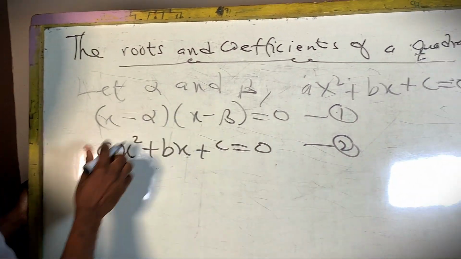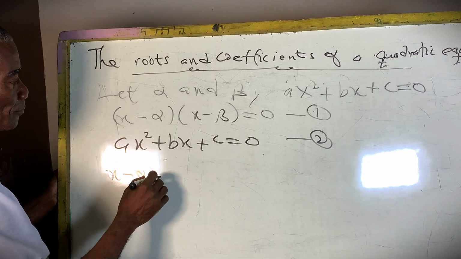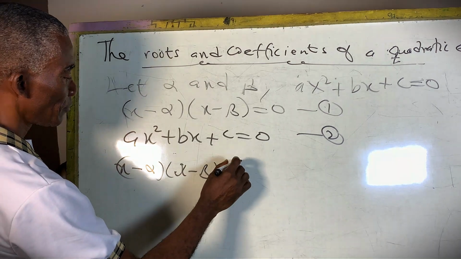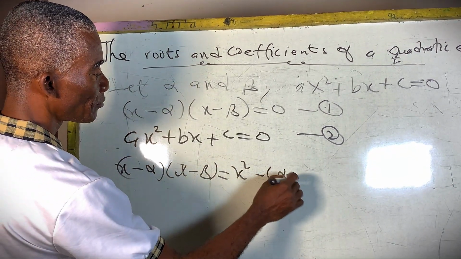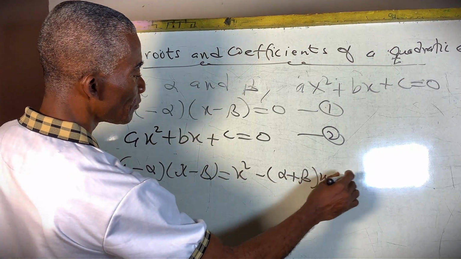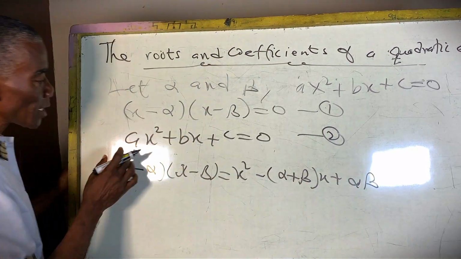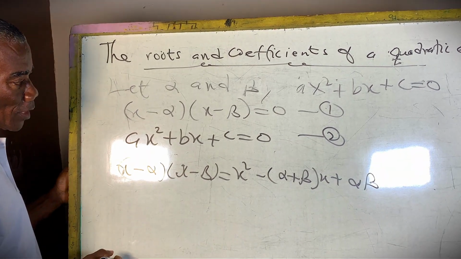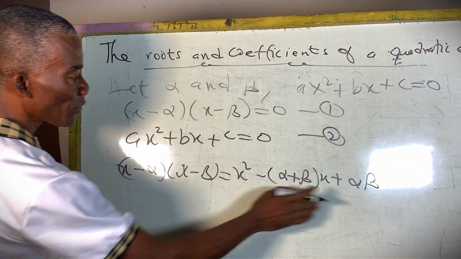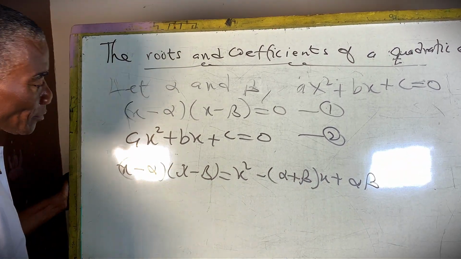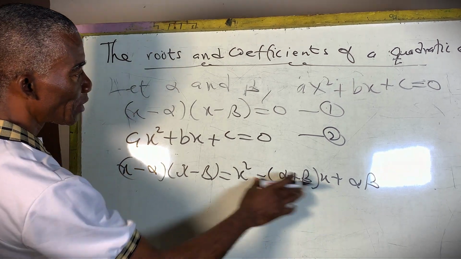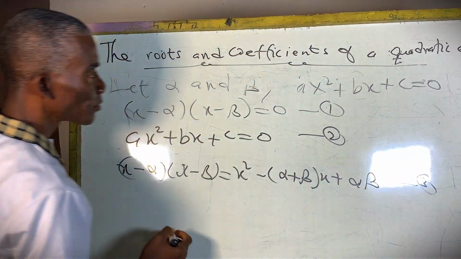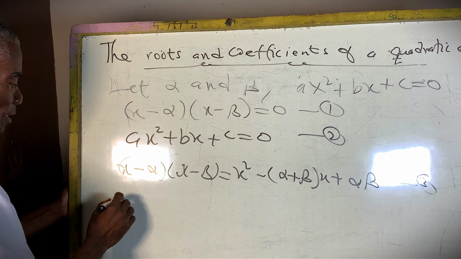So this one we can write x minus alpha times x minus beta, and so when we take our time and expand this side, that will give us this. Very important. So let's look at it carefully. So we have this giving us that. So we have this one giving us this one. Now we want to move on to, so we can call this equation 3. We want to move on to this and write this as